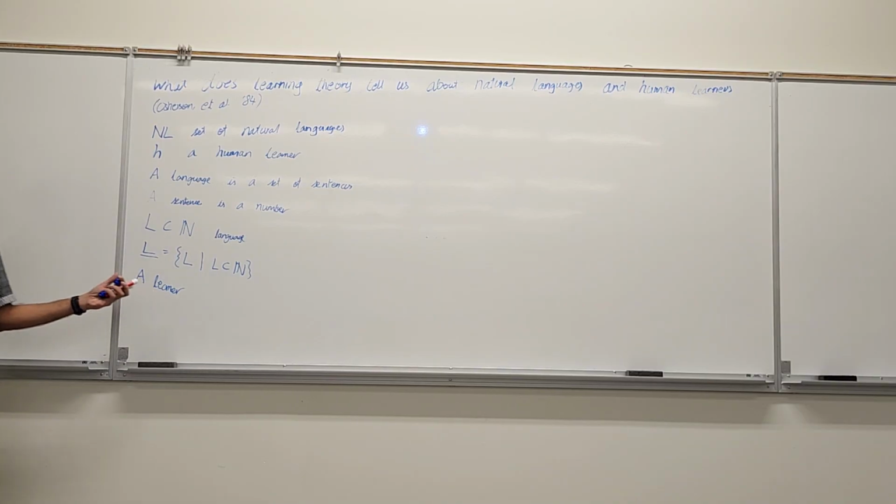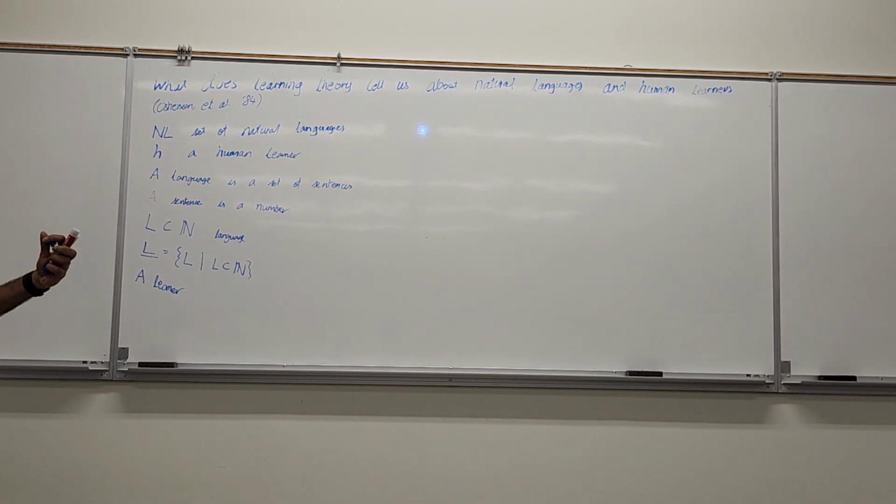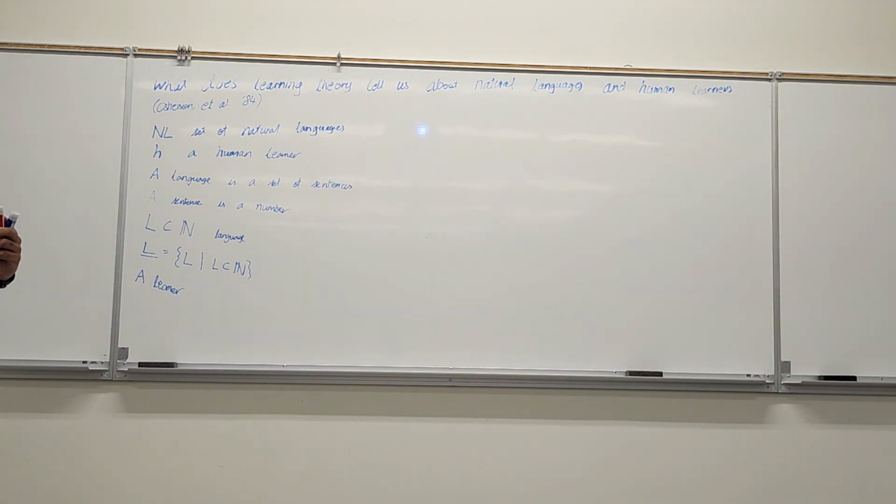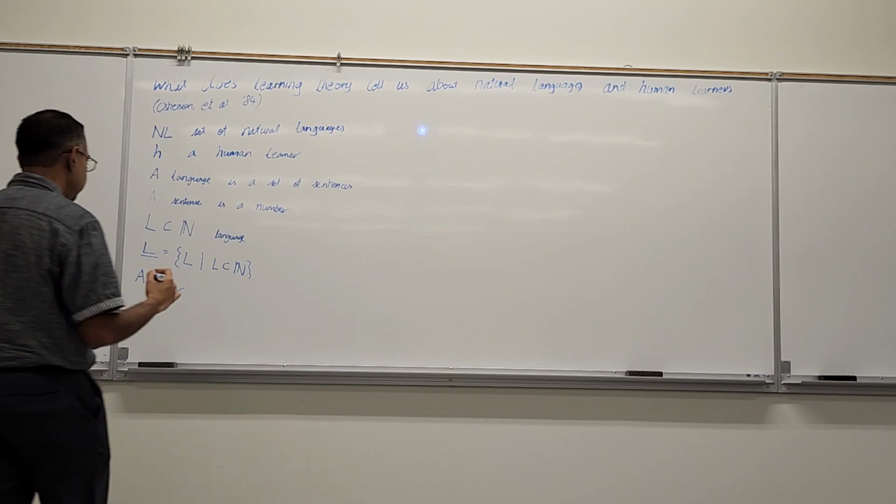We are also going to assume that the learner doesn't just see some fixed corpus of text and then learn the language. We are going to assume that it's an interactive process. So the learner sees a sentence and then maybe thinks of a language in their head, and then sees another sentence and then thinks of another language, etc. So it's going to be a sequential process where there's an infinite sequence of sentences that the learner can see. And after it sees every single one of them, the learner hypothesizes what the language could be. Okay? So a learner